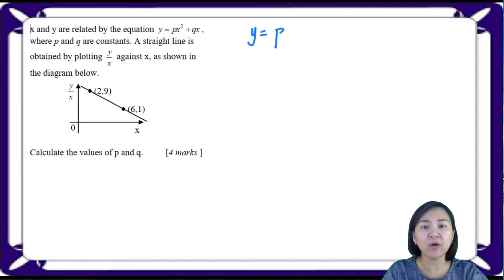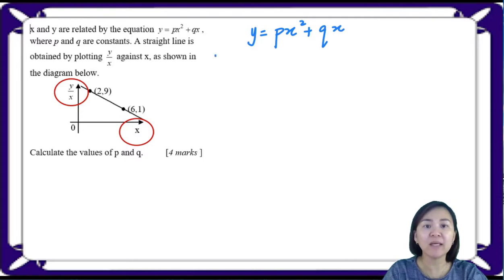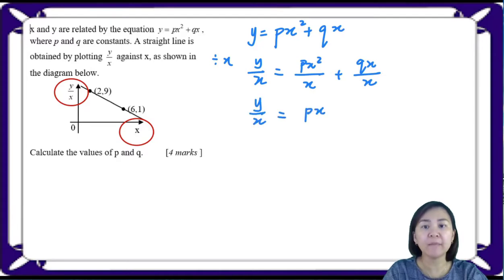By transforming the nonlinear into a linear equation, we must refer to the axes of the given diagram, which is y over x against x. Therefore, the linear equation will be y over x against x. To transform the nonlinear into y over x, we must divide each term by x. After we divide each term by x, we get the equation y over x equals px